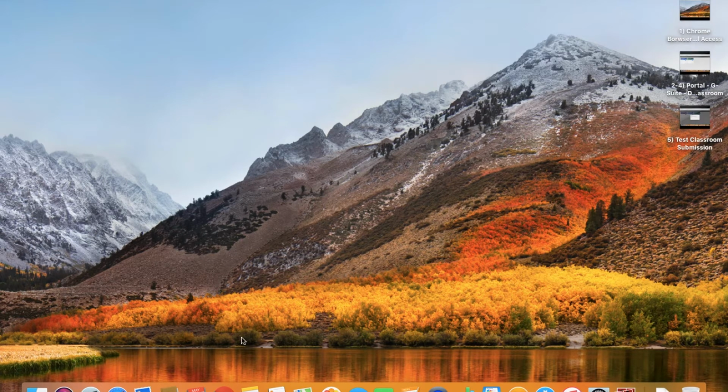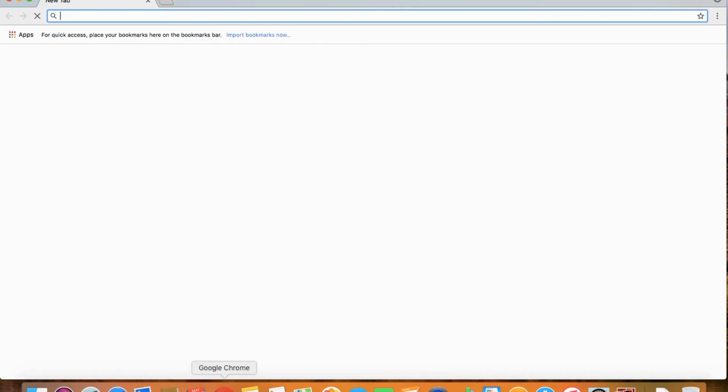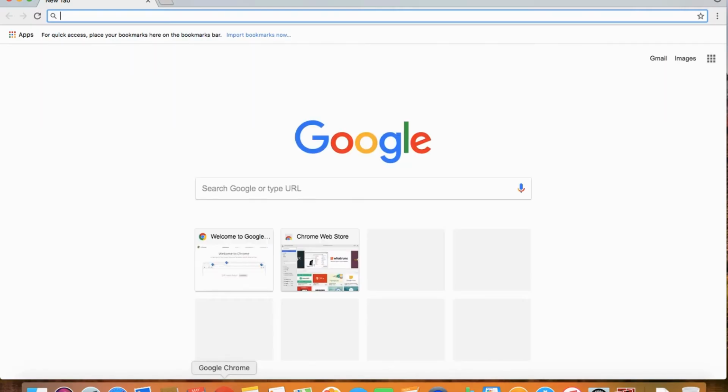Okay, my first recommendation is, if you're going to use any browser for Google Classroom and the G Suite, you'll keep all your functionality if you use the Google Chrome browser. So that would be my first recommendation. That's the best place to start. Okay, now that we're using Chrome,